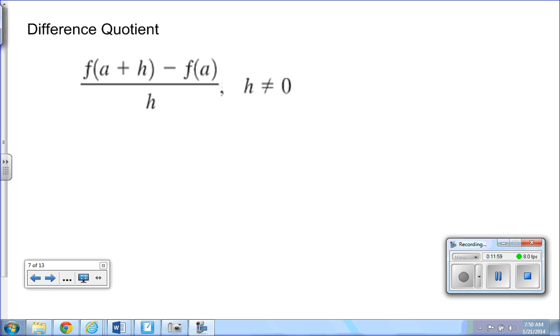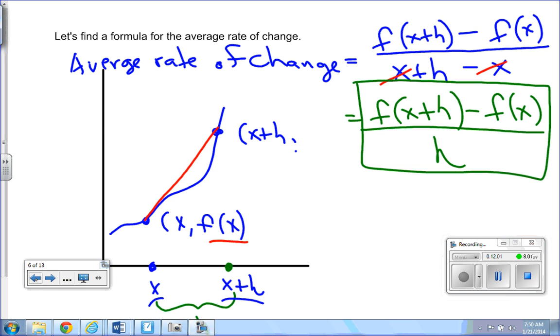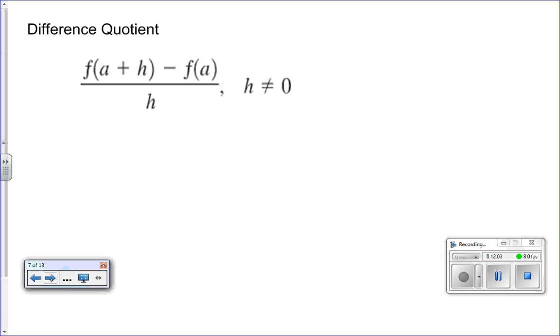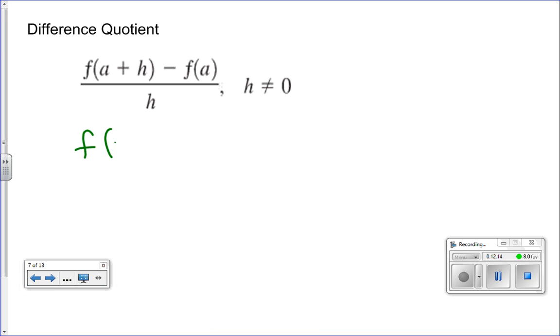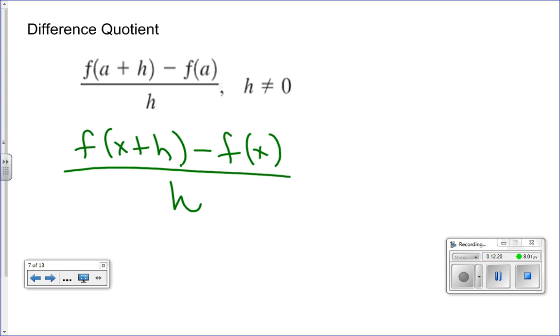Okay, so what we just found was a formula that is known as the difference quotient. It's right here. Notice that they're using a instead of x. So let's be consistent here. We could call this f of x plus h minus f of x all over h. All right. So let's use this formula now to find the difference quotient or average rate of change for particular